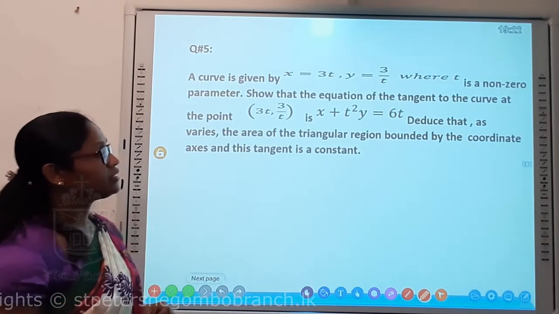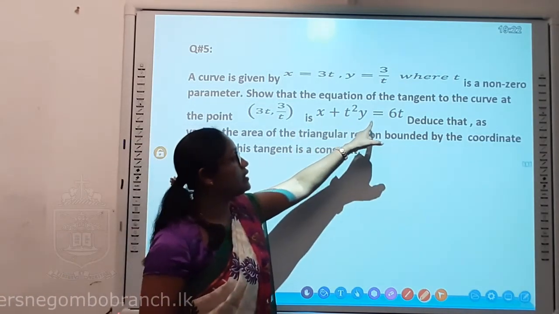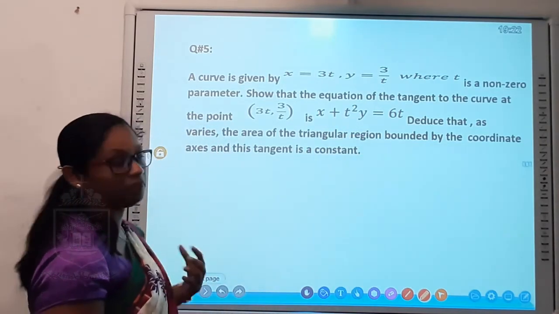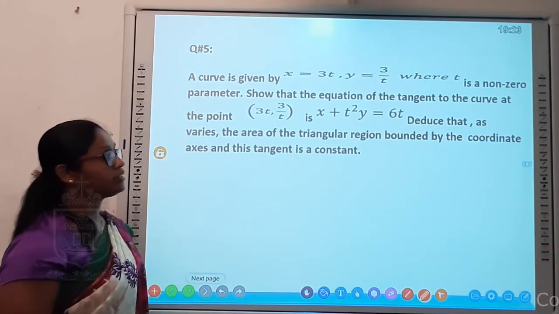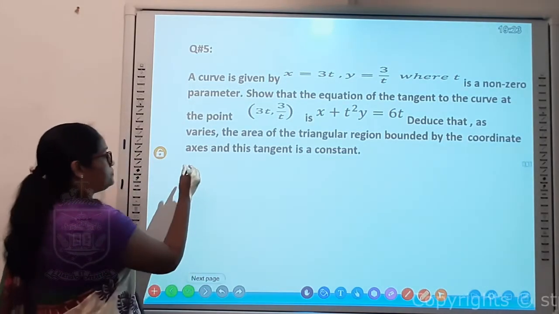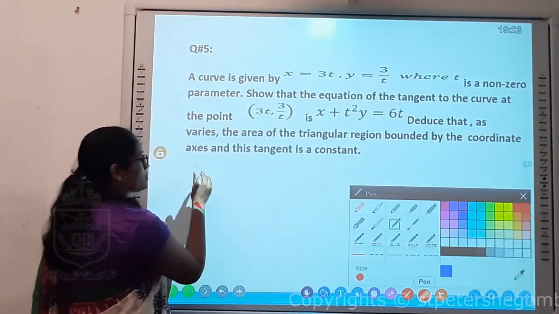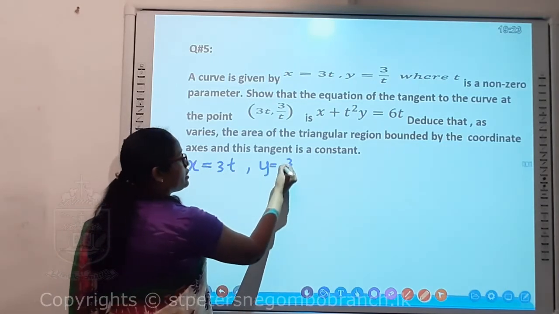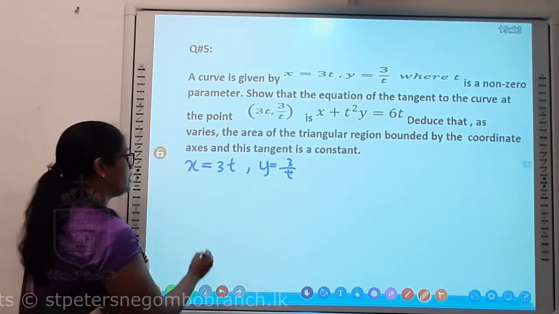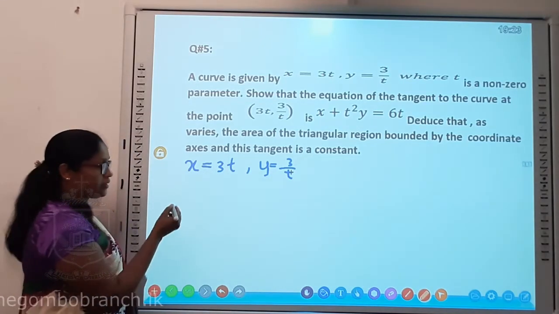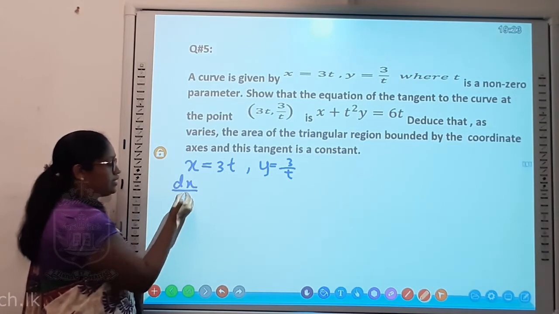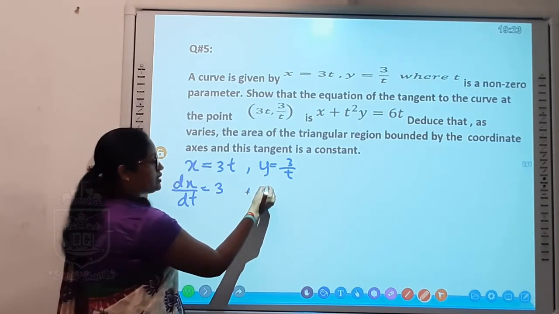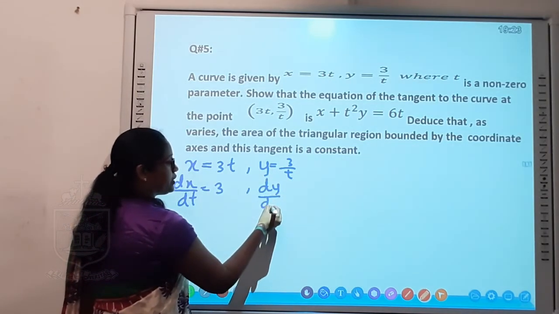So we'll try to find the equation. The equation you can also see in terms of the parameter, t squared, you can see t there. Anyway, we have to follow the same procedure. First we find the derivative dy over dx. So x is equal to 3t and y is equal to 3 over t. These are the given information. I differentiate these two relations with respect to t. dx over dt is equal to 3, and dy over dt is equal to,